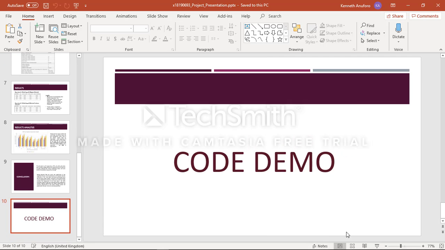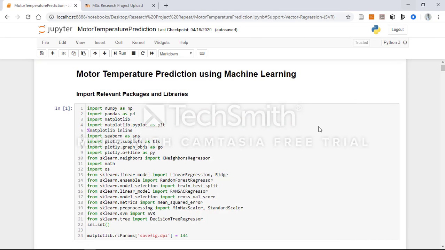Code demonstration. This is the Jupyter notebook containing the programming implementation of the project. To begin,